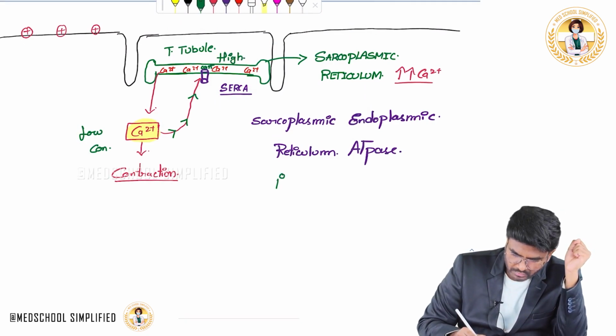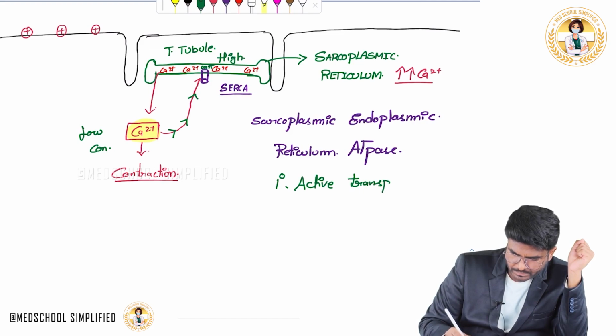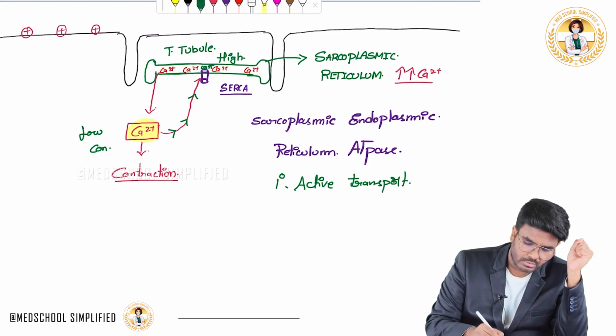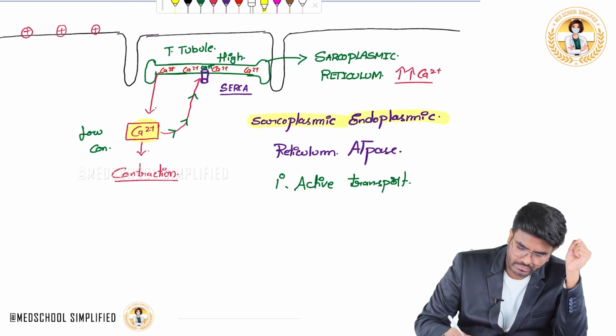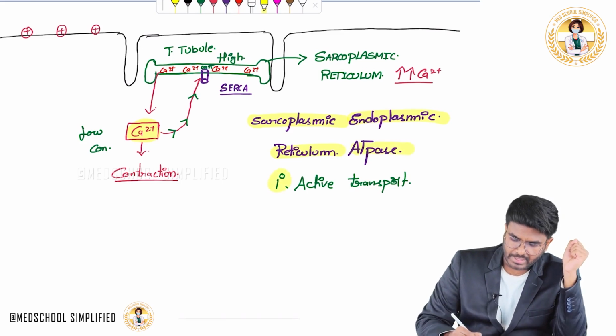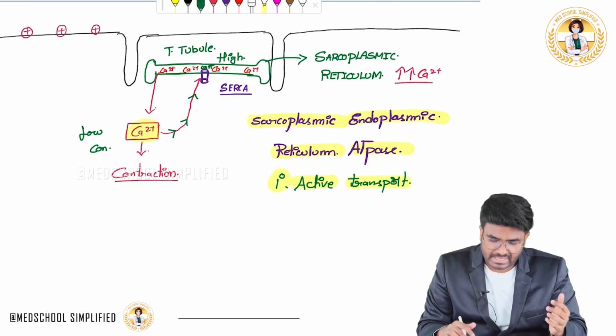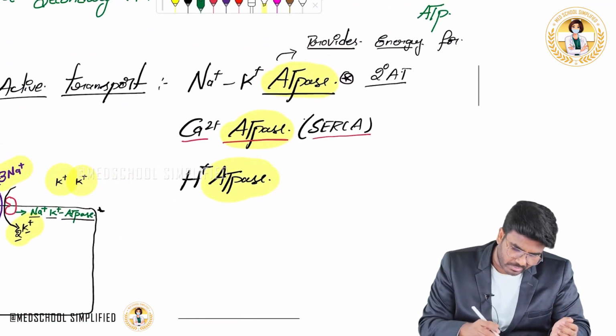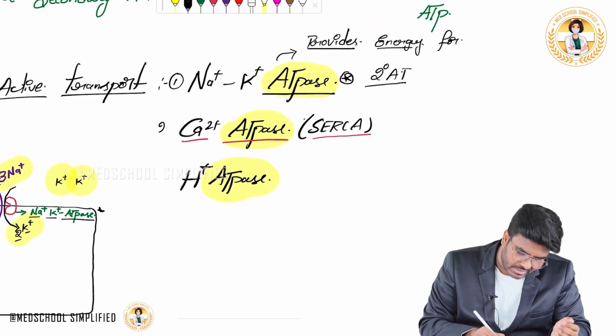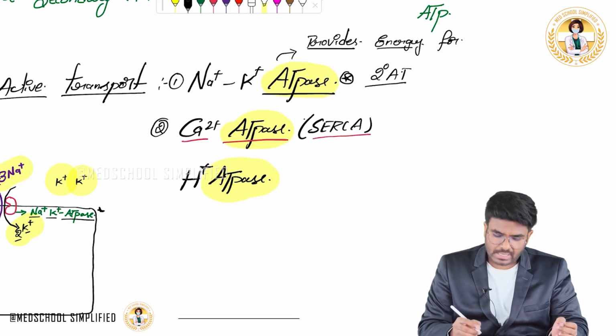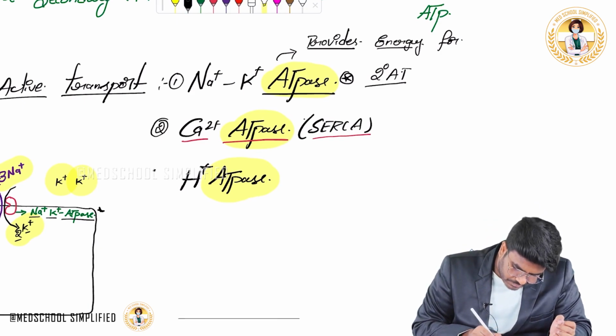This is an example of primary active transport. SERCA is nothing but a calcium ATPase. It's a calcium pump. So the second example is also completed. The first example is sodium potassium ATPase, the second is calcium ATPase. And even this proton pump,